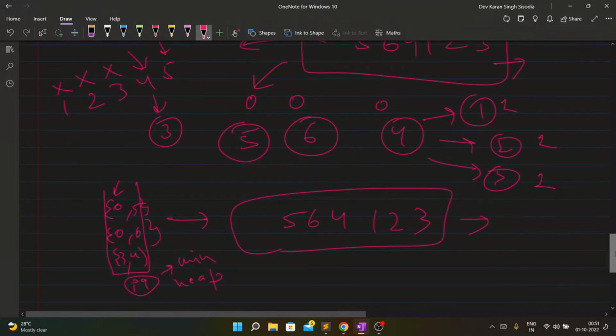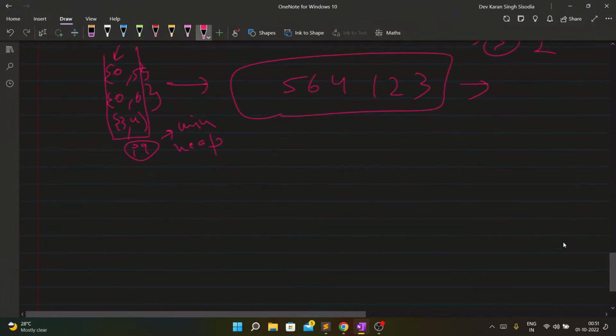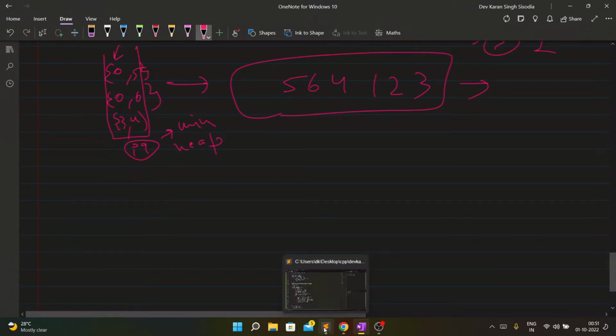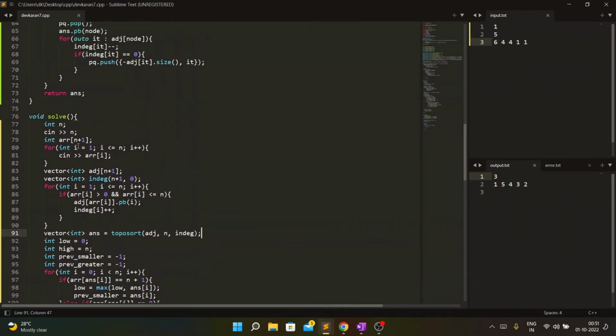The one thing that remains is how we can find k, and I will show you in the code. It is very simple. So let's first read this topo sort part. How am I doing this? First of all I take the input.